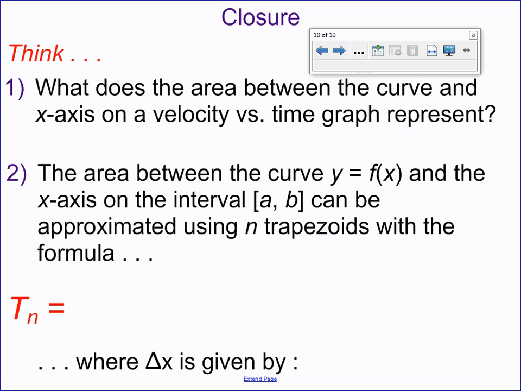Oh, this, I just copied it. Okay. Yes, it's equivalent to the h height of their